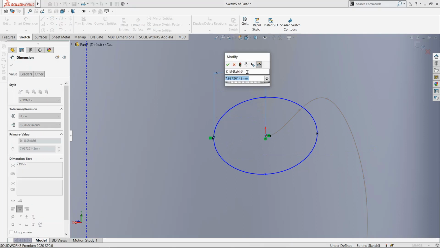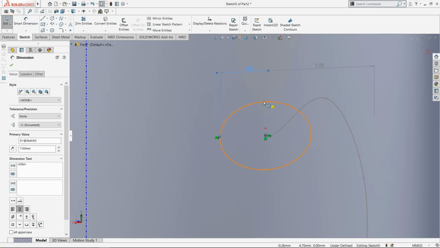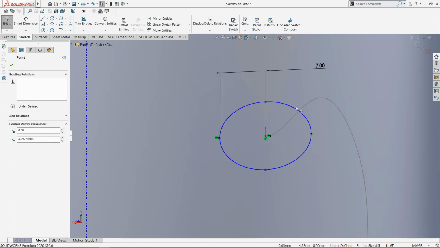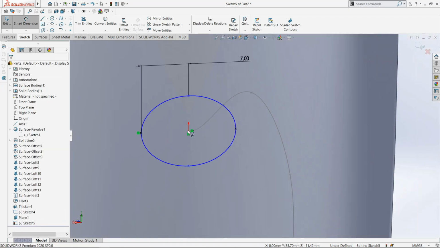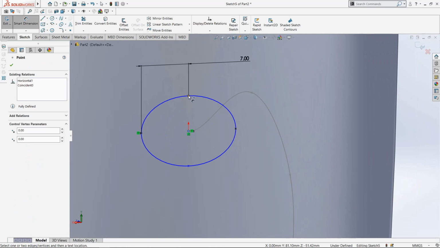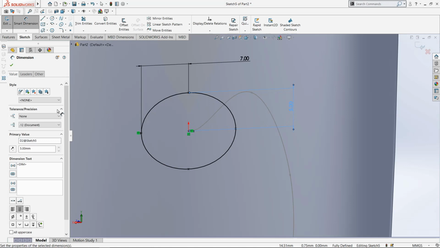Give the distance 7 mm. Now this vertical distance, choose smart dimension and give this vertical distance 4.5 mm.